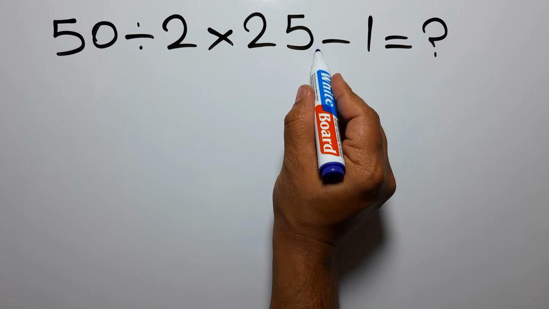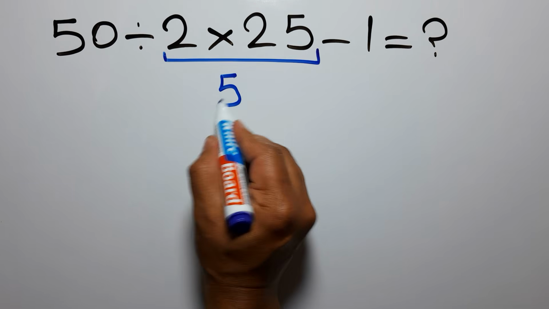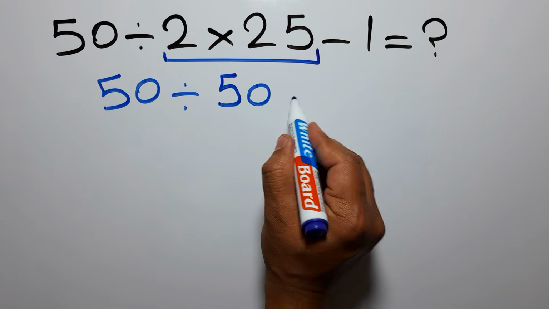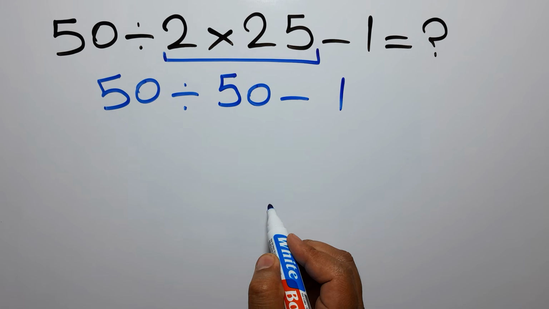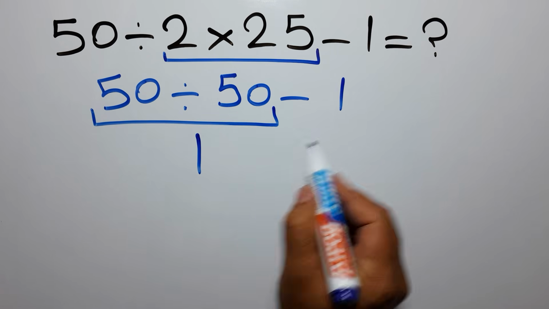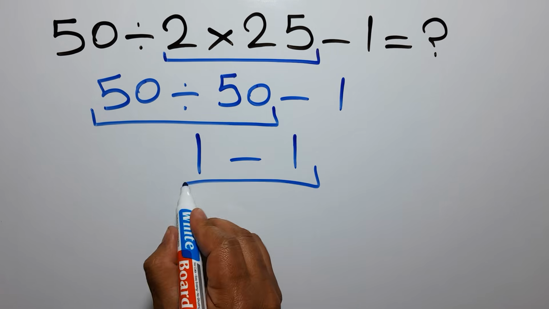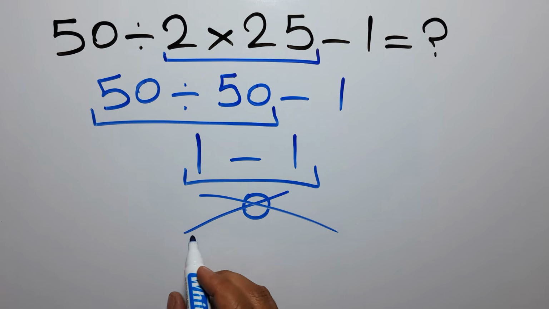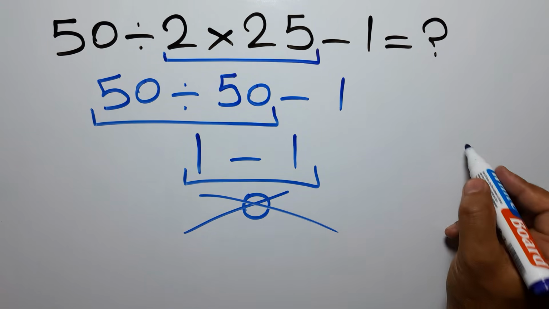2 times 25 gives us 50. So we have 50 divided by 50 minus 1. 50 divided by 50 is just 1. So 1 minus 1, which equals 0. But this answer is not correct because according to the order of operations, which is PEMDAS,